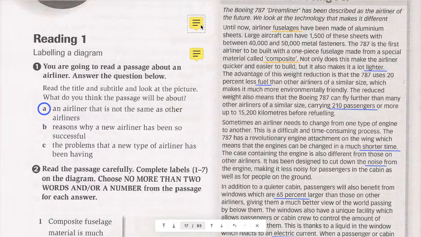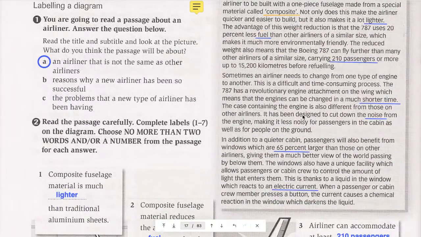First one, fuselage. Right? Fuselage, that is the main body of an aircraft. Or maybe airliner, that is a passenger airline. Okay, now composite, what is that? Yeah, material made, and also when we say composite, that is a material made up of more than one substance. If only one substance, we don't call that composite. A composite is material made from the combination of many substances. Okay? Used for building things. Well, you learn about something like electric current,